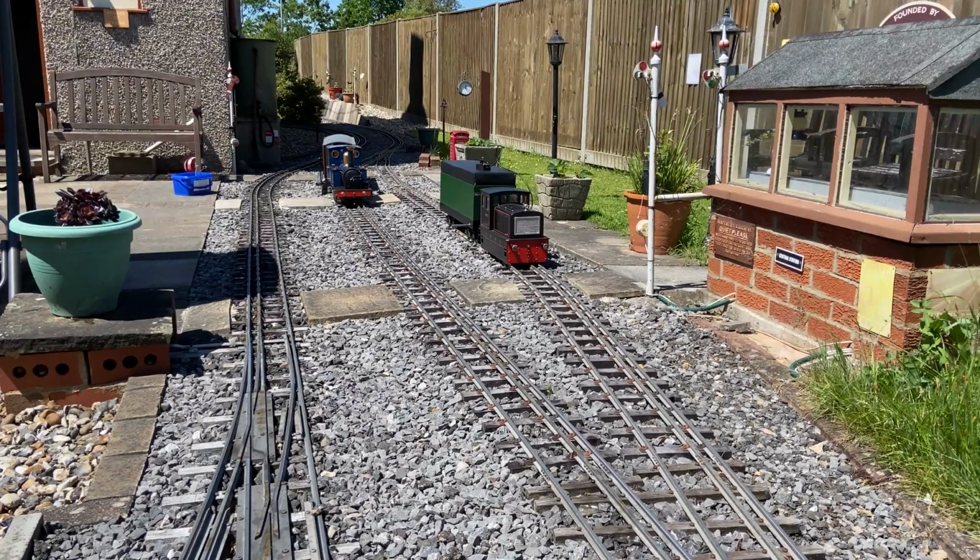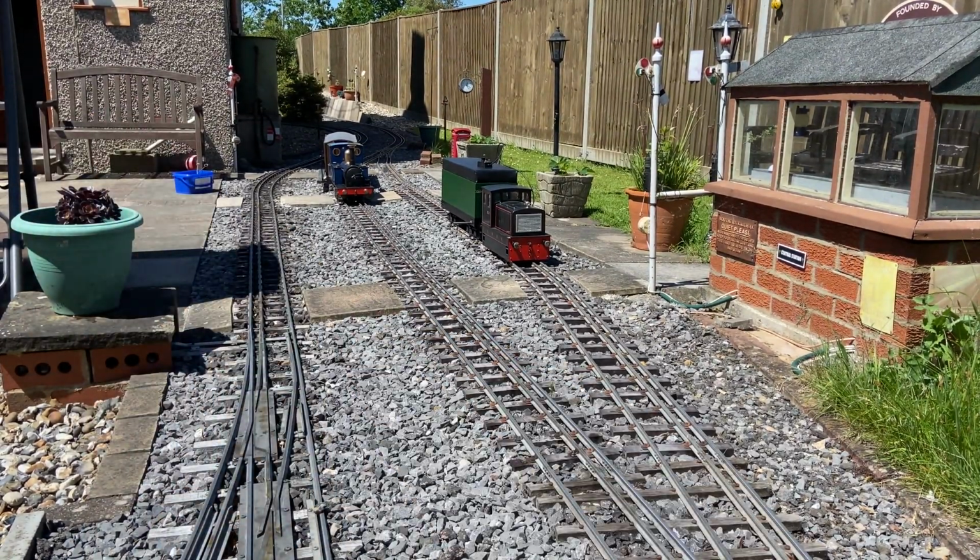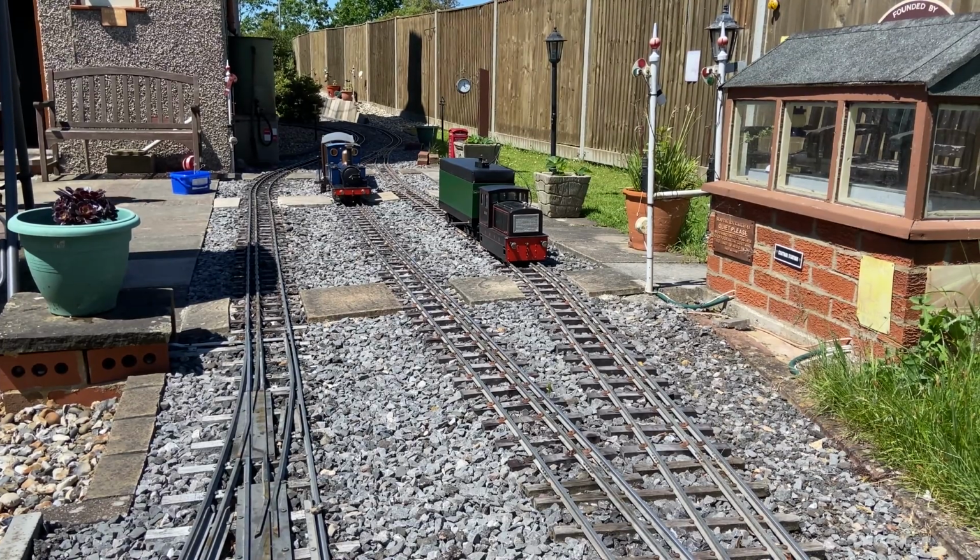Just thought I'd show you guys quickly the view heading towards. So that's the back door there of the house, and as you come out here, you come into this lovely station area with the signal box on the right hand side. And there's the